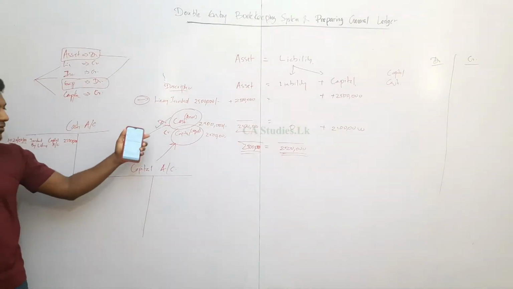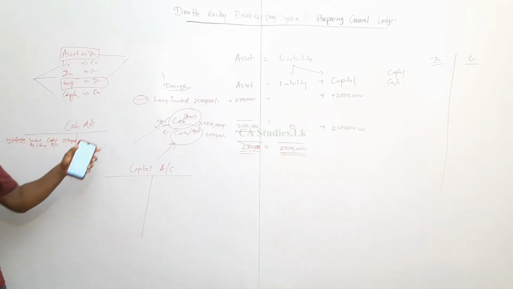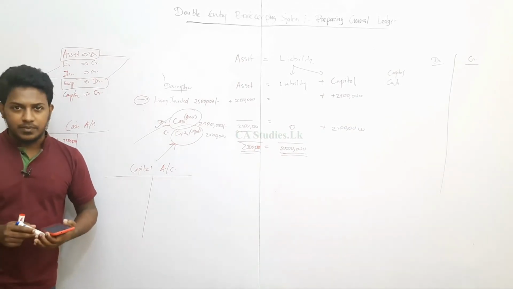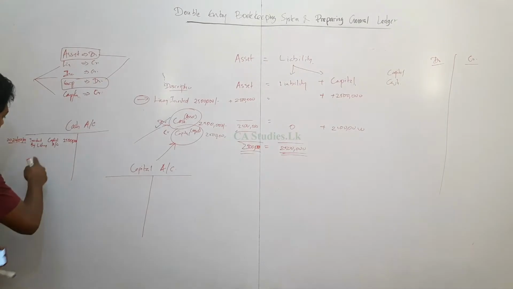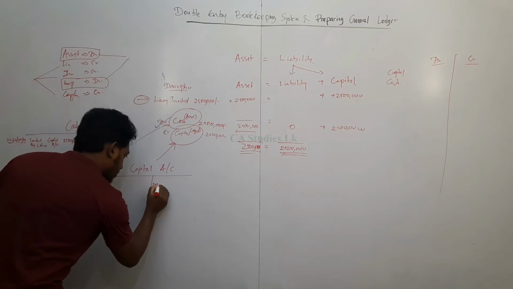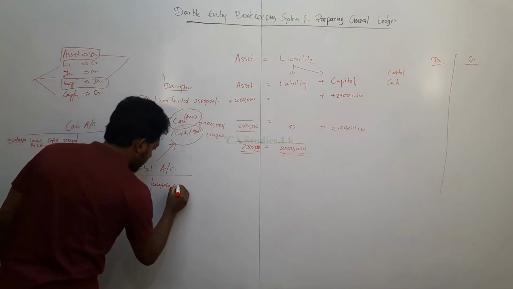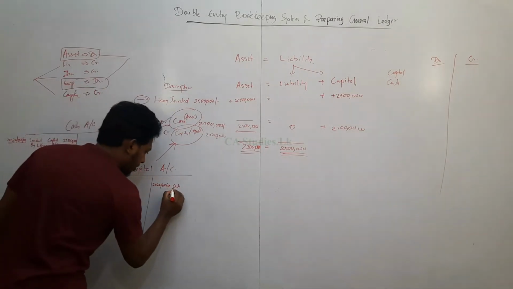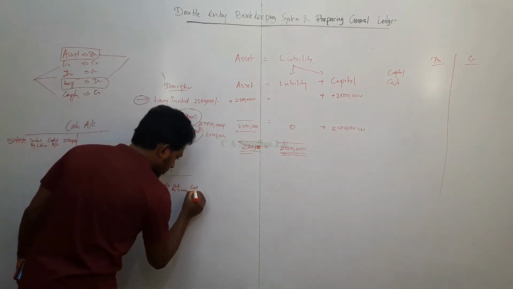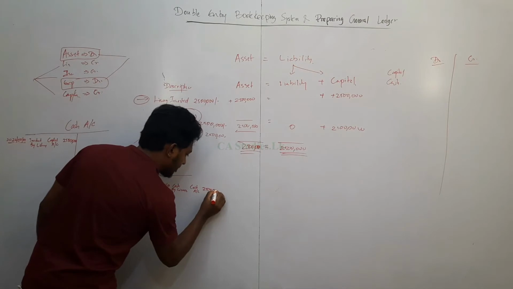Now when the examiner sees the workings, the examiner will say, okay, this student follows the steps. This is the step we actually follow in the finance department in any company. So one tick is okay. Now the credit side. First is the date, 2022 July 1st. Second is cash, by Lishara. The account is the cash account. The amount is 2,500,000. That's all.